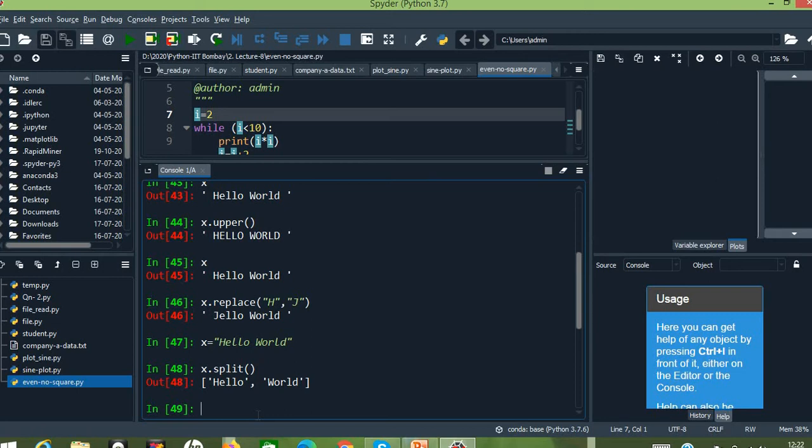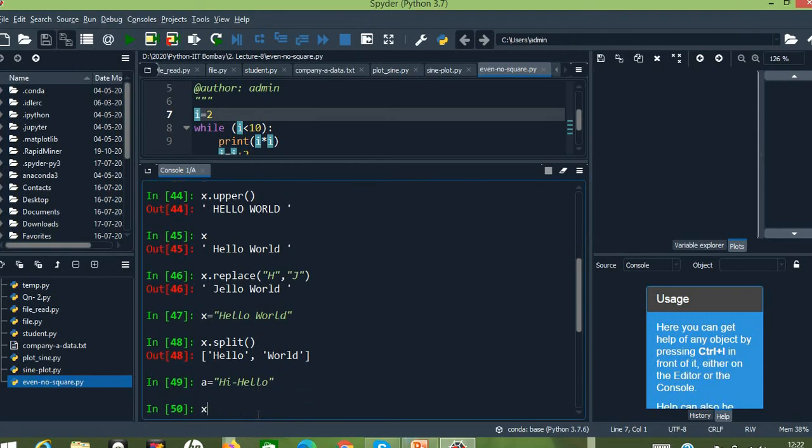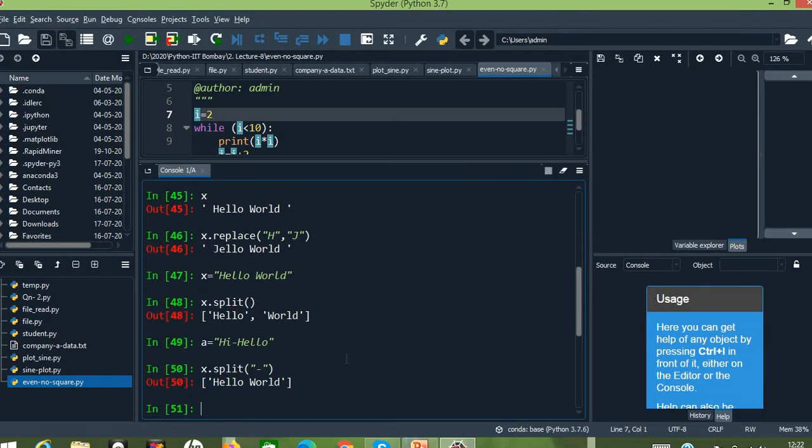So for example, if I have a equals to hi-hello, right? If I want to split it, where I'm going to place the split? So I'm going to split it with the help of the separator. So what is the separator I'm going to specify here, which is the hyphen which I have used in the main string, right?